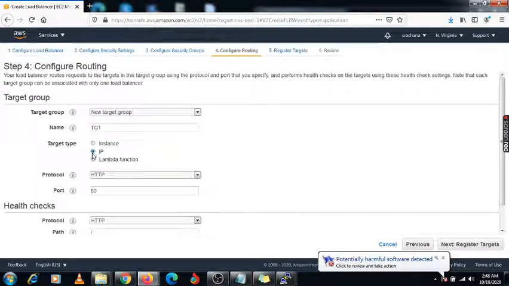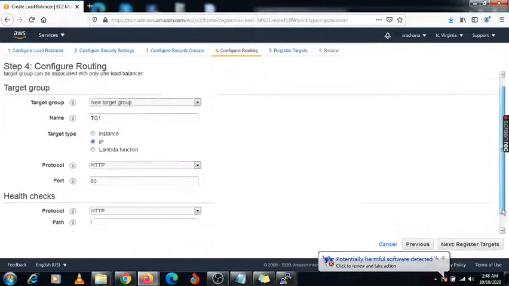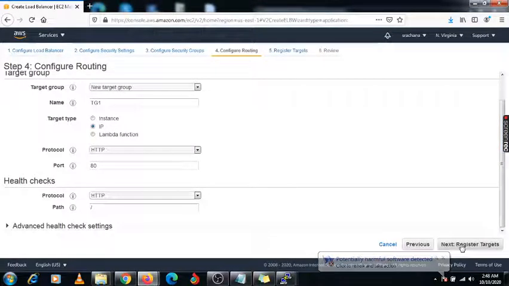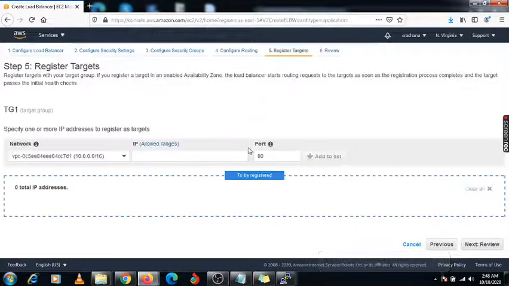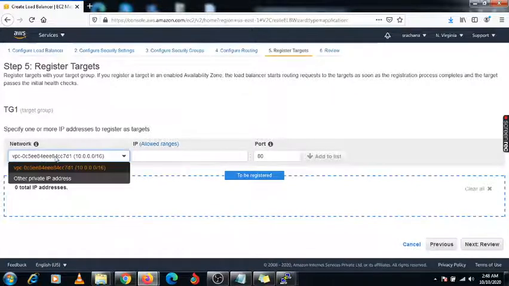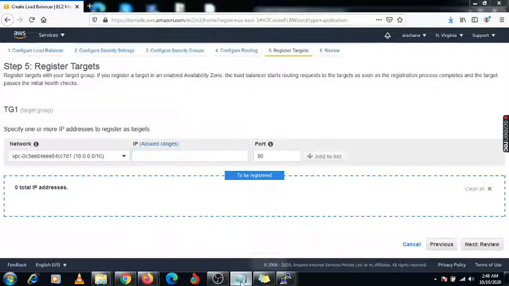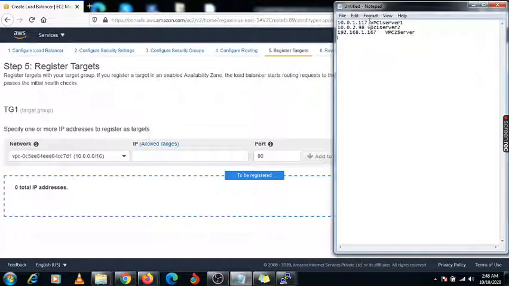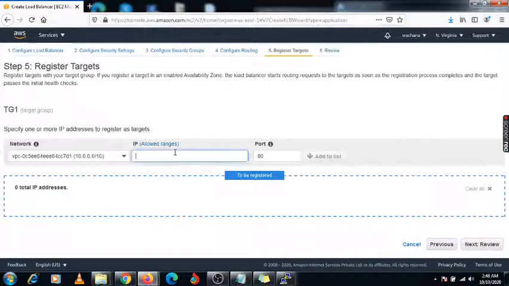With using IP we are doing this demonstration, so you need to click on IP, click on next. Here this is your default VPC, VPC1, so you need to assign their private IP address here. So this is my VPC1, this is my private IP, so you need to paste it here and add it.